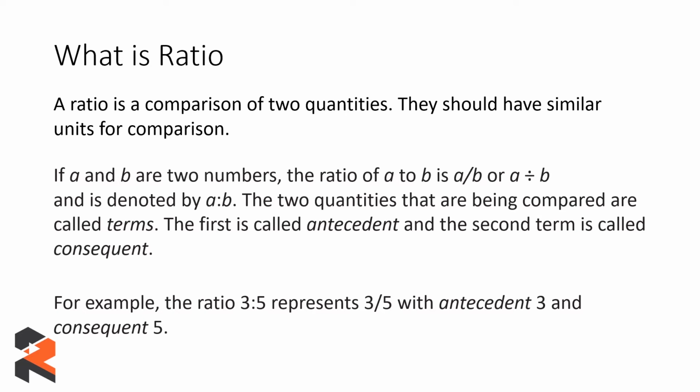These are the very ground basics which we are talking about right now, and they need to be clear because the terms antecedent and consequent are the kind of terms which are asked in the examination. They won't directly talk about the numbers in the form of numerator or denominator. They will talk in these terms, and students get confused about which one is antecedent and which one is consequent, and they mess up. That is why it is really important to have a clear understanding of what it is. So let's move on.